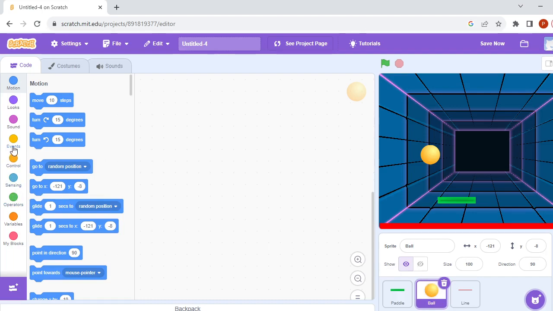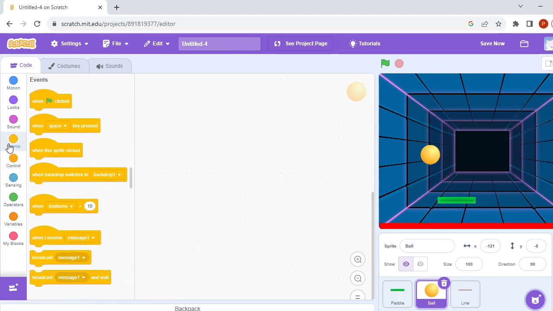So first of all I'm going to go to the events option, the yellow circle. Okay, so first I'll go to the events. I'll put this when green flag is clicked. As you all know that green flag is the play button for our game, right? So I'm going to use when green flag is clicked. Now next thing, I want to